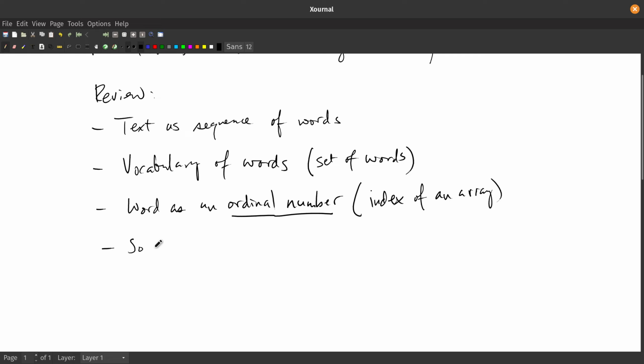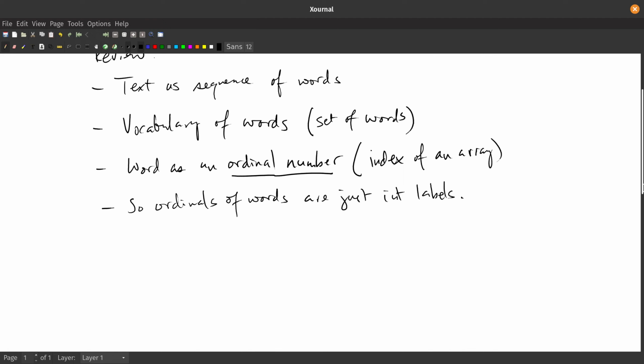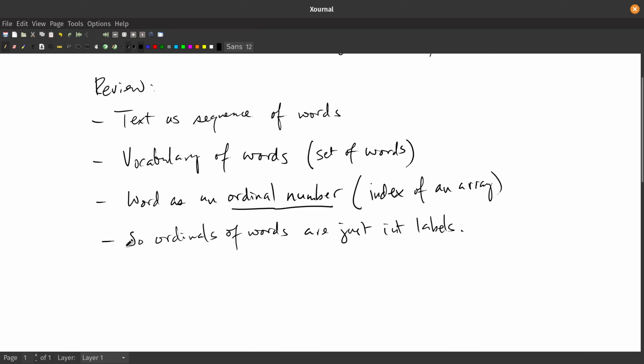So ordinal numbers of words are just integer labels. So they bear no information with respect to the magnitude. And anyways,